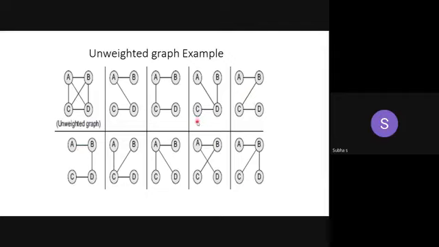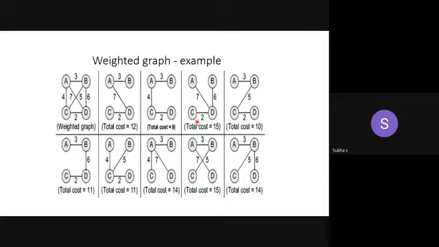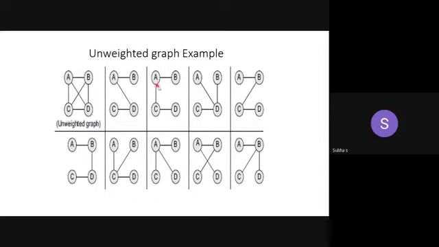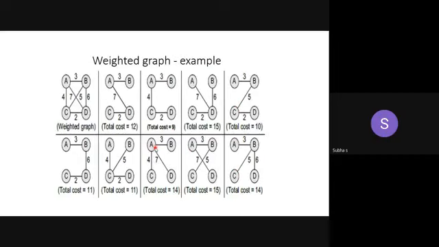Got it? Now we see it for the weighted graph. Now the same example. This is for unweighted graph. I didn't assign any value at all for the edges. But I constructed, these are all the different combinations of passing all the vertices, of moving to all that connect all the vertices. Here this is a spanning tree. Each and every part is called as a spanning tree because it is a subgraph which connect all the vertices. I didn't omit any of the vertices in any of the diagrams. Okay. So same example we can take it for weighted graph.